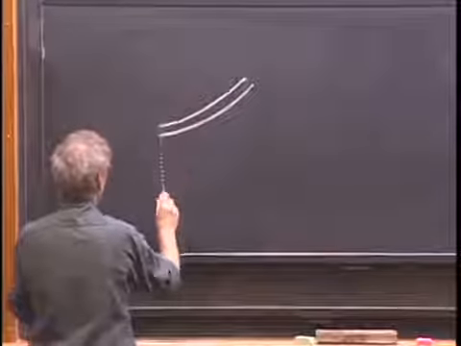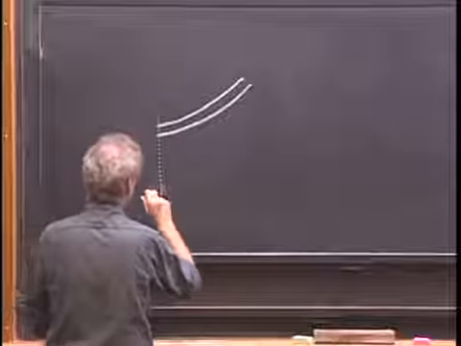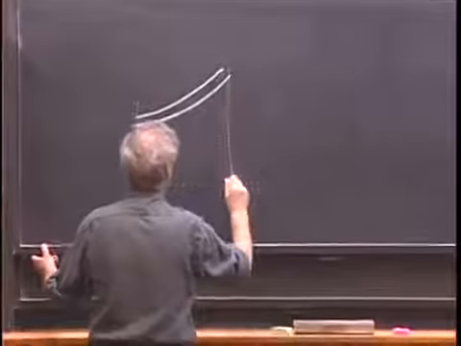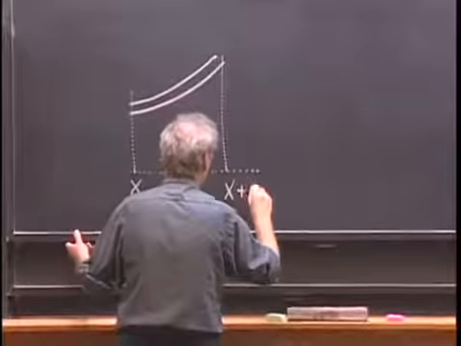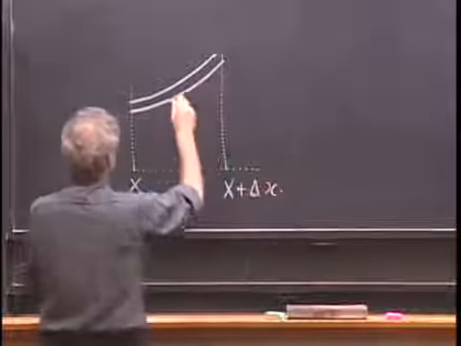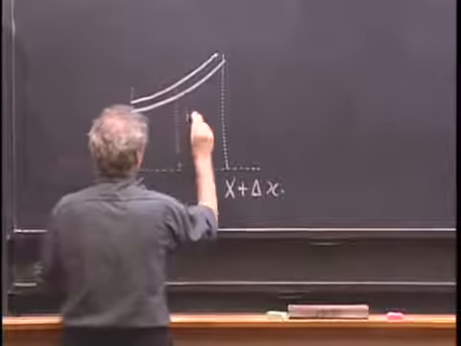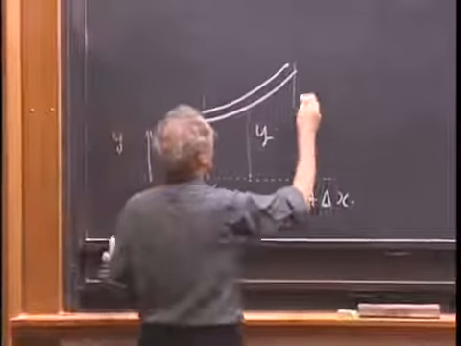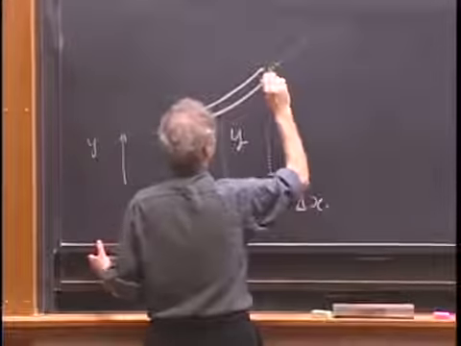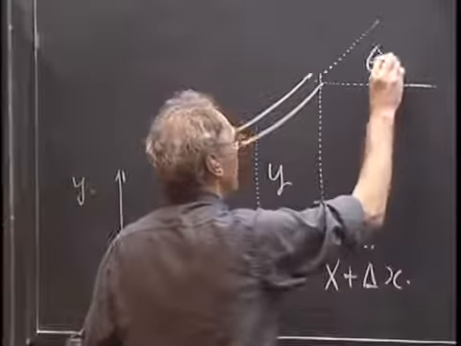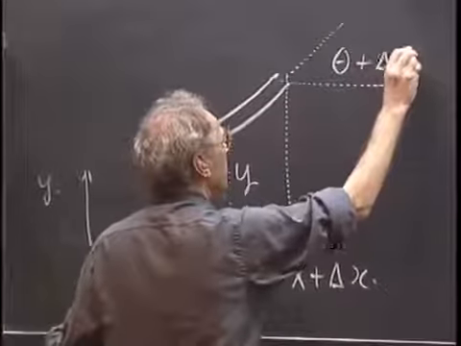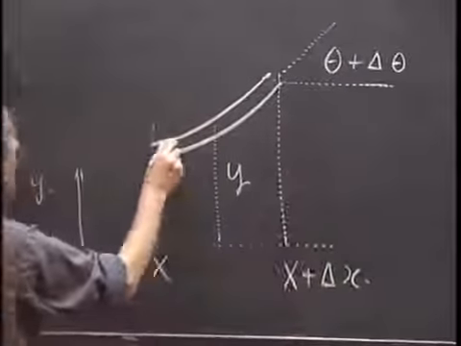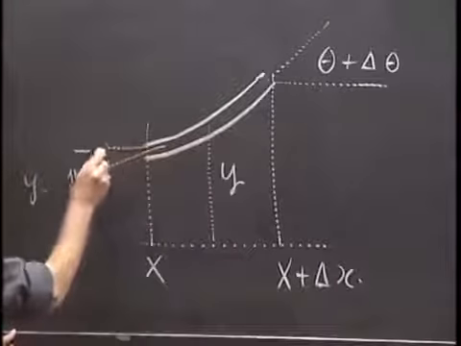Let's call this position X. And I call this position X plus delta X. I call this Y. I call this angle theta plus delta theta. And I call this angle